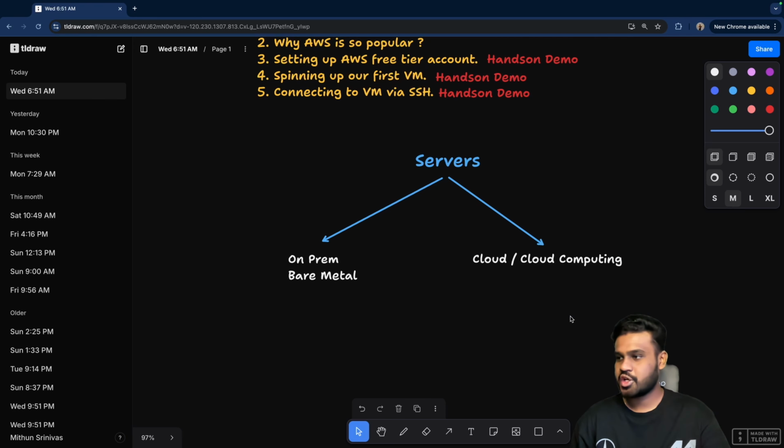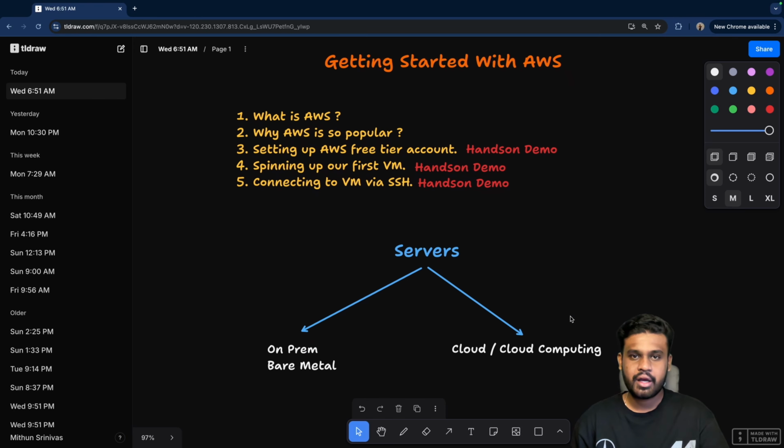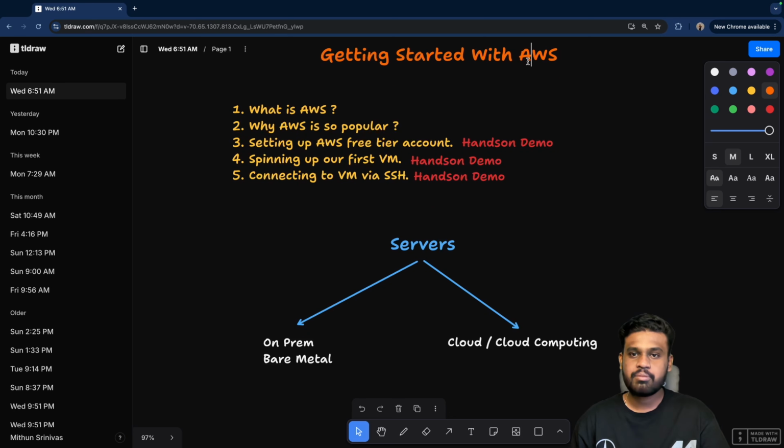It was booming, and everyone loved it. AWS was a very early player. If you talk about major cloud computing providers, there is AWS from Amazon, Google Cloud, and Microsoft Azure. These three are the major players. Again, there are multiple other players, Indian players, overseas players, who have much less market share, but these three are very important. Now, what is AWS? AWS stands for Amazon Web Services. They provide you cloud computing services.